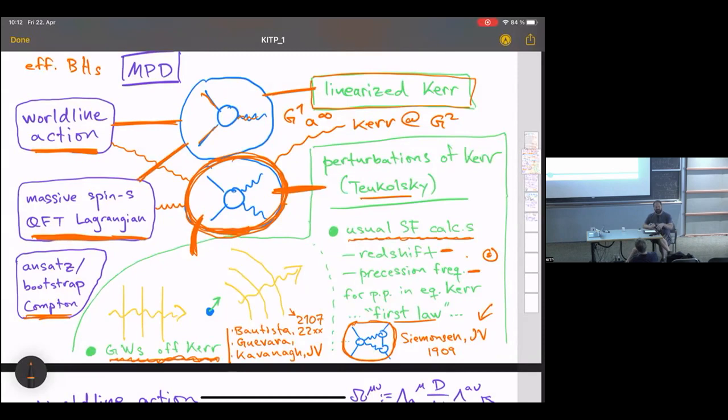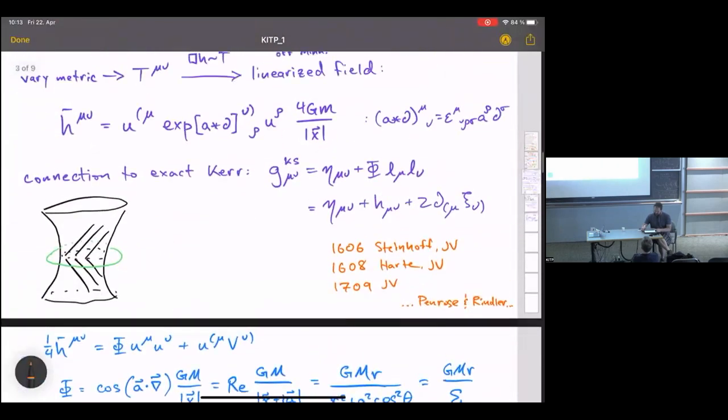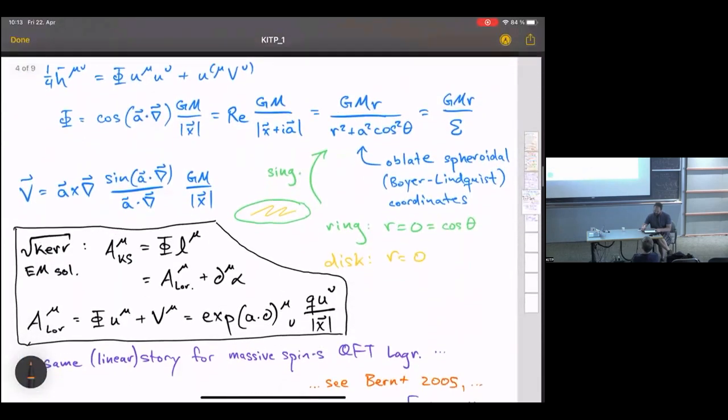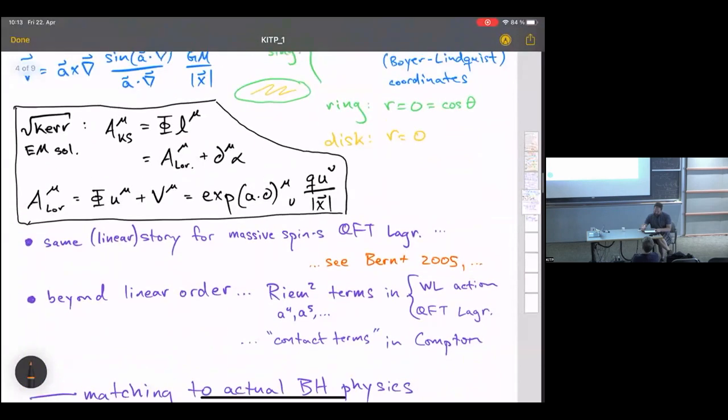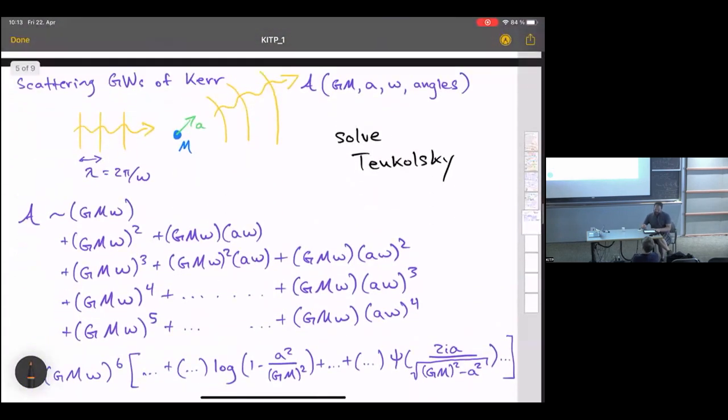But in the paper that's out, we just did a scalar toy model. So, scalar waves scattering off Kerr. Of course, the real problem that we want to do is gravitational waves scattering off Kerr. We hope to have a paper about that very soon. And I'm skipping the linearized Kerr story. I wanted to say a lot, and not to mention root Kerr. But okay, in my 2 to 3 minutes,